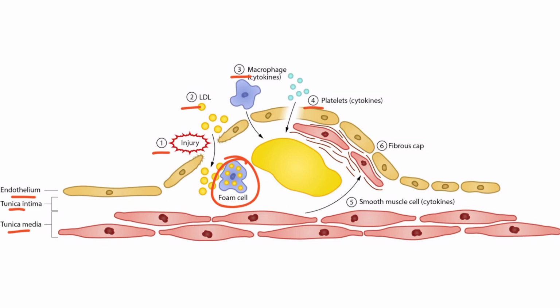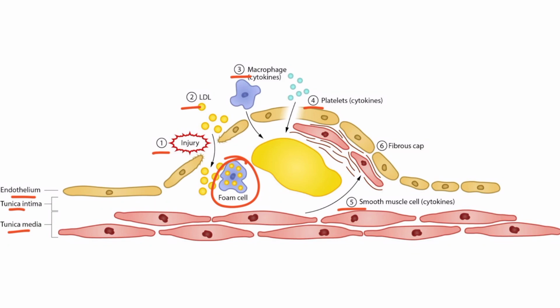Step 4 involves platelet and inflammatory cells infiltrating the region. These, along with later smooth muscle cells, secrete cytokines and growth factors. For example, platelets release platelet-derived growth factor, which induces smooth muscle cell hyperplasia. So for step 5, we can see that smooth muscle cells are undergoing hyperplasia and are leaving the tunica media